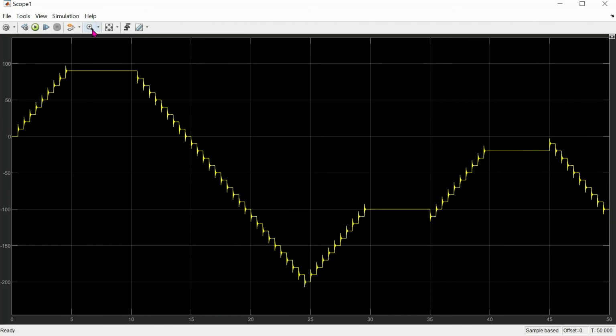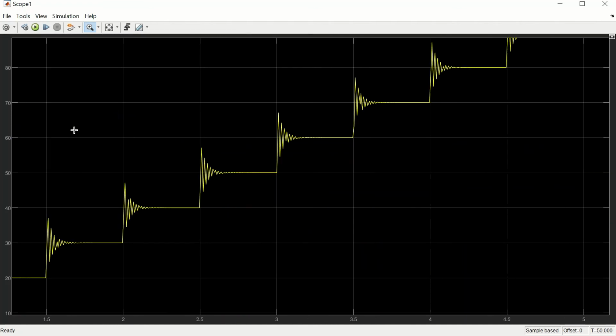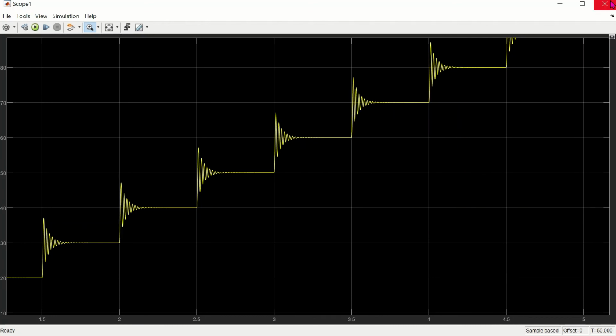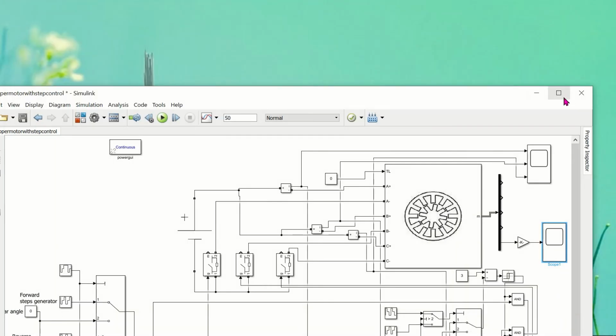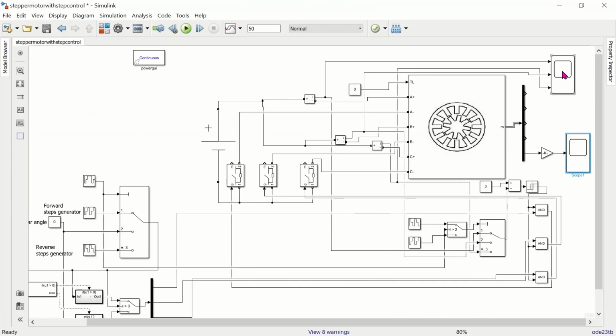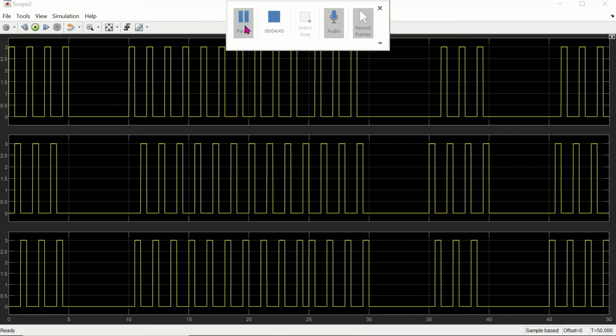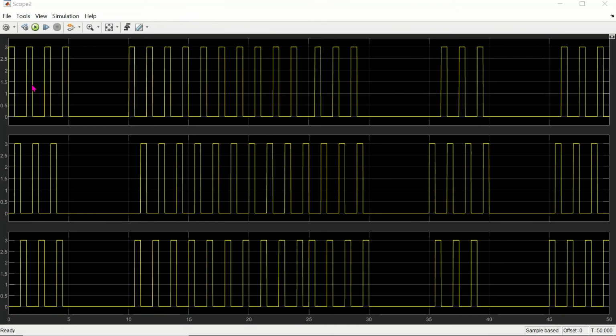So here the output of the motor, for each step it moves a 10 degree angle of rotation. Now let's check the current. Here in this current waveform, from 0 to 5 seconds, the motor runs in the forward direction.